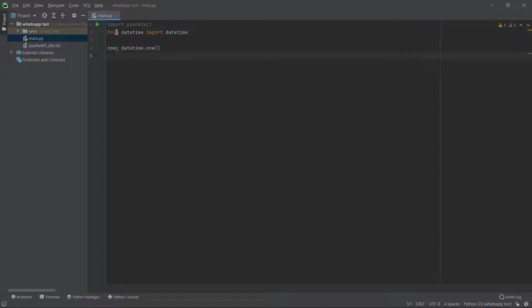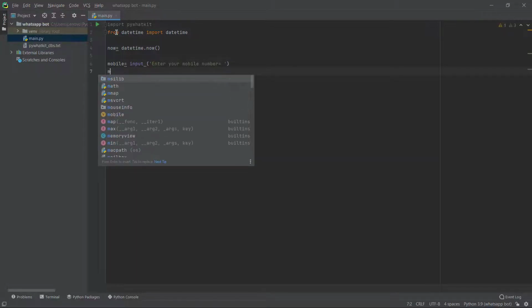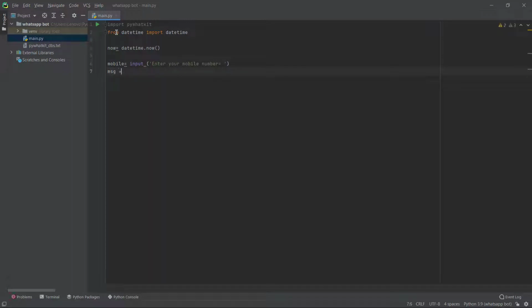press enter, then type mobile is equal to, we are going to take the values now. Type mobile is equal to input, bracket, apostrophe, enter your mobile number. This message will be shown in the run command, so you can type whatever you want. Then type message, then again the same command, input bracket apostrophe, enter the message,